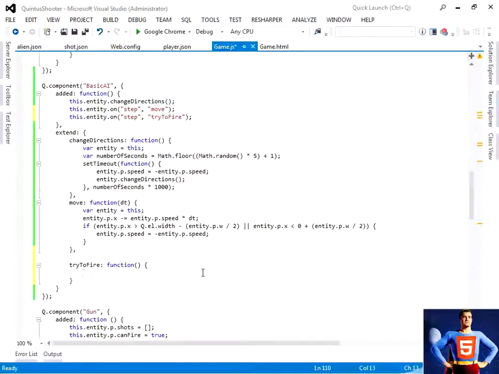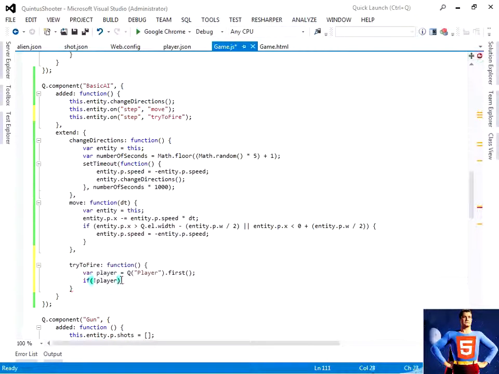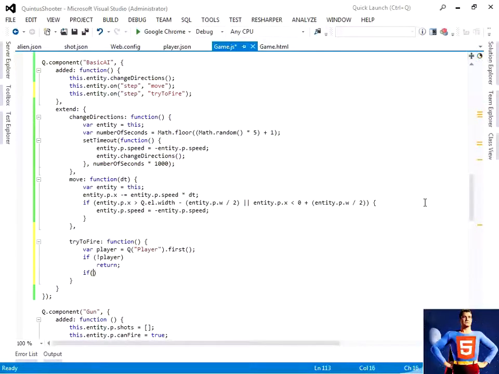So in order to do this, let's go ahead and grab our player. We're going to use this jQuery-like syntax to select the player. So we're going to do Q player, and then we're going to do first. So we're going to get the first player sprite, the first sprite that matches that. You can use this selector to select different game objects inside of your game, which is pretty useful. Now we want to check to make sure we got a player, so if not player, then let's just go ahead and return. So if we've got our player, then what we're going to do is say